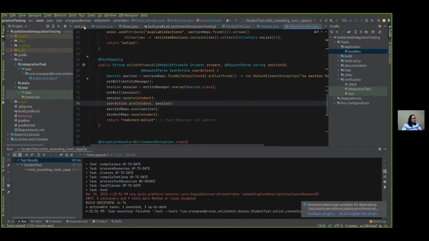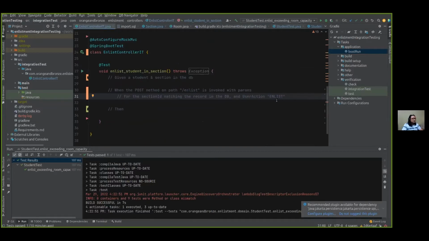So we pass it, it goes in with a student object in session corresponding to the student record in the DB. Note, we're not talking about business logic. We're actually talking about records. Then it creates a new record in the student